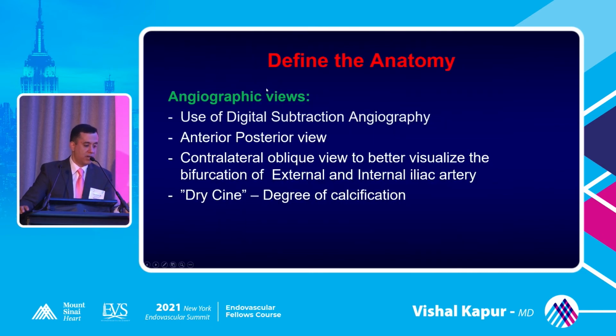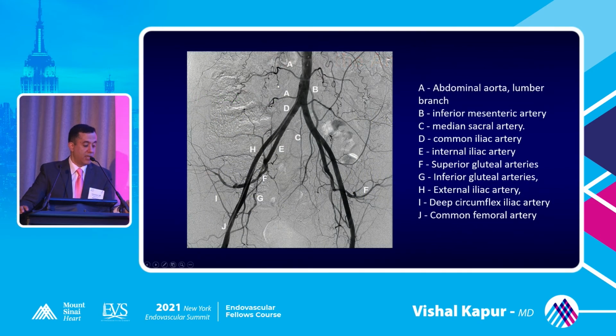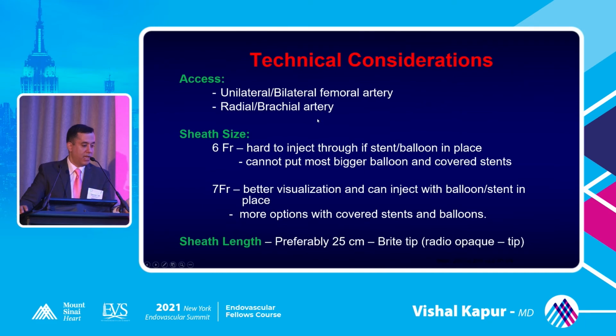Tips and tricks, Shreya already talked about it. So we use DSAs, AP views, contralateral views, very important, like anything. Orthogonal views are important to define your external and internal, especially when you're trying to do bifurcation stenting or trying to land it. Knowing your anatomy sounds very basic, but it's very, very crucial, especially when you're doing these iliac interventions, your CTO interventions. You want to see what's happening with the internal, or let's say if you have a distal aortic aneurysm with iliac disease, you have to know your feeder vessels for your aneurysm treatment. Knowing the anatomy is principal in treating them.